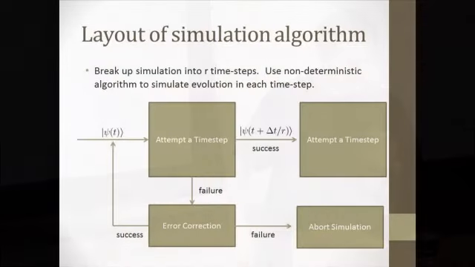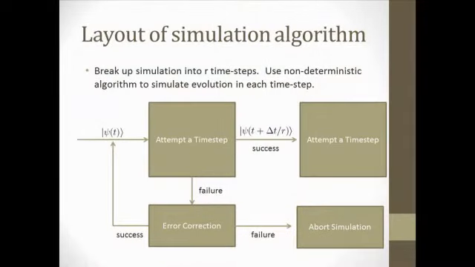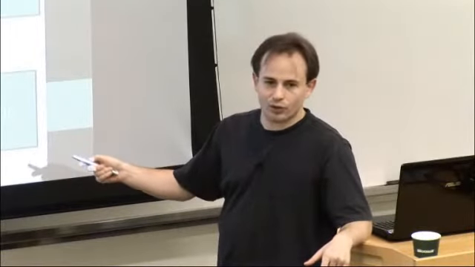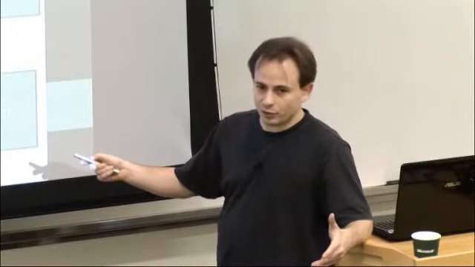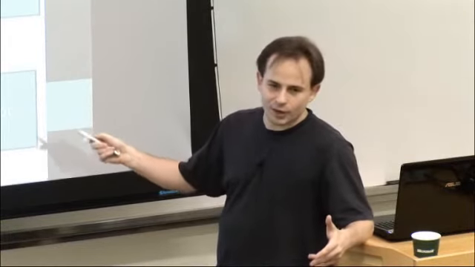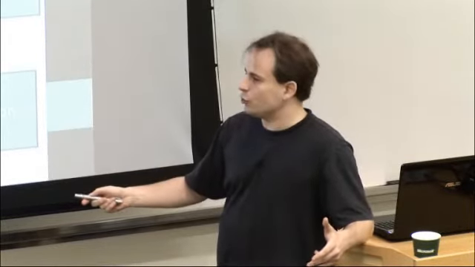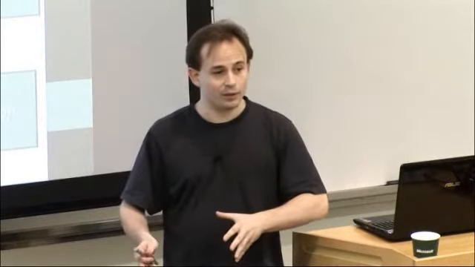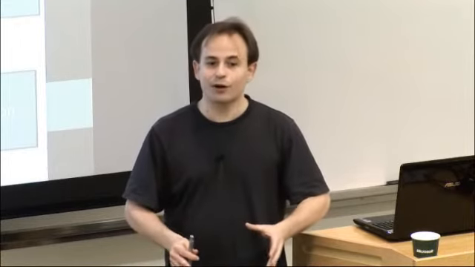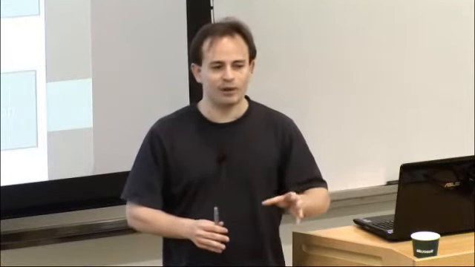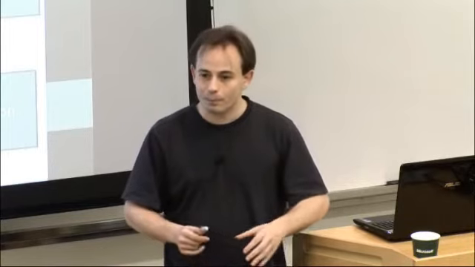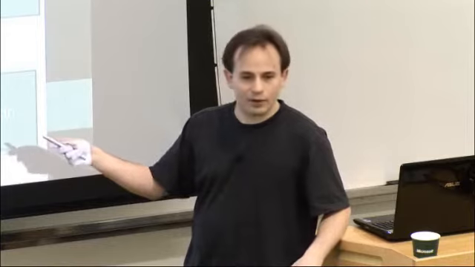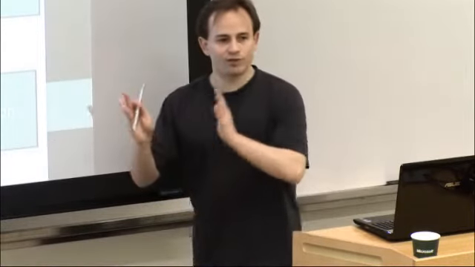So essentially how it works is as follows. The flow chart is you attempt a time step of one of those terms in here. You have 2 options. It either succeeds or fails. If it succeeds, go on to the next time step. If it fails, well, then you attempt error correction. And the error correction that you attempt, you can do using this exact same method. It turns out there's a chance of a catastrophic error when you attempt that error correction step, but that probability can be made arbitrarily small. So you attempt that, and again, if it fails, you abort the simulation. Otherwise, you try that time step again.